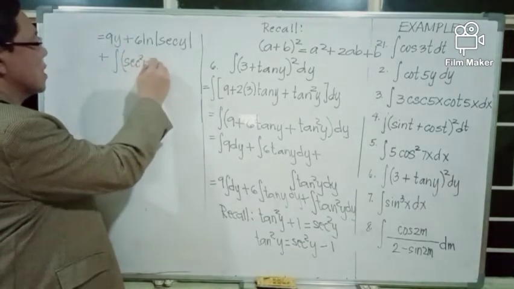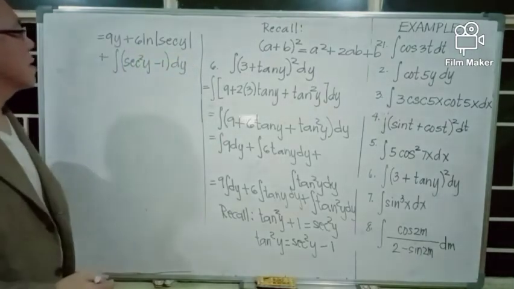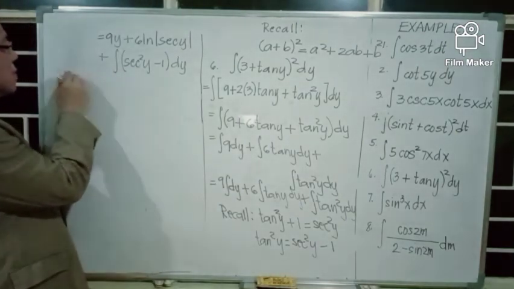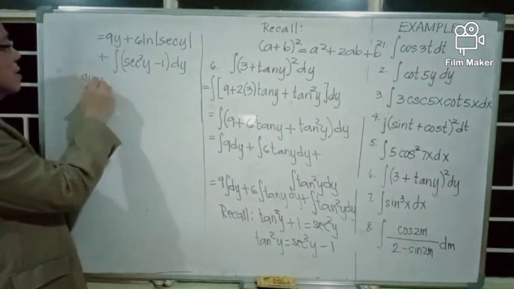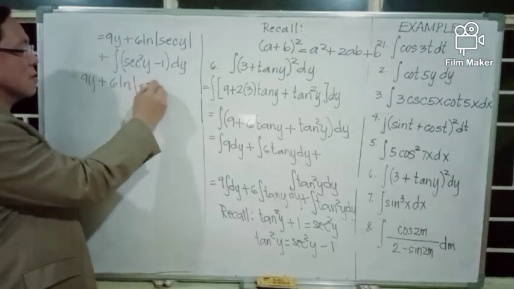Secant squared y minus 1 we integrate with respect to y. And this is equal to 9y plus 6 ln secant y